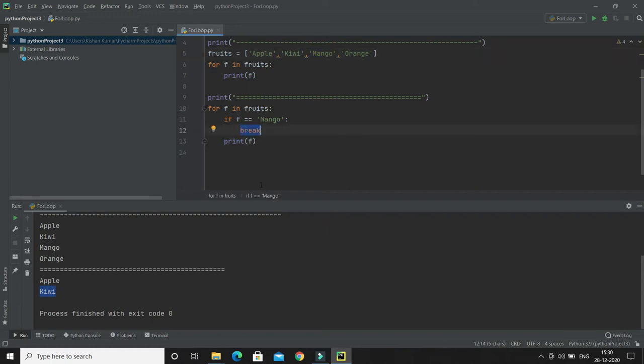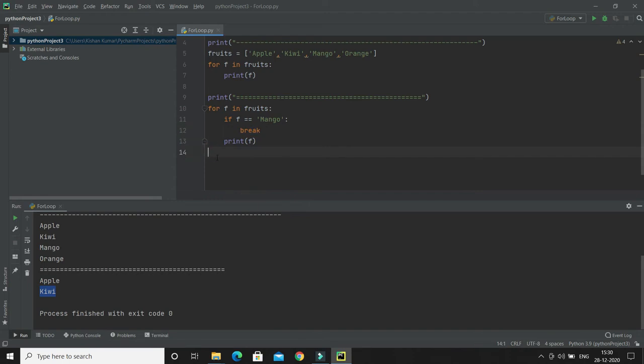So when you have a business scenario where you are iterating a collection using for loop, and once you get the desired value you would like to exit from the loop, that's how you can use a break statement in the for loop.